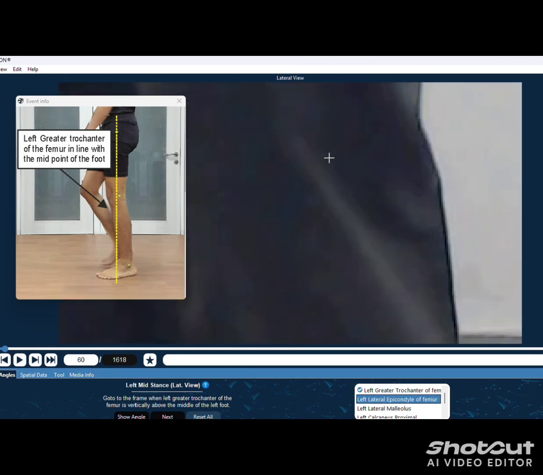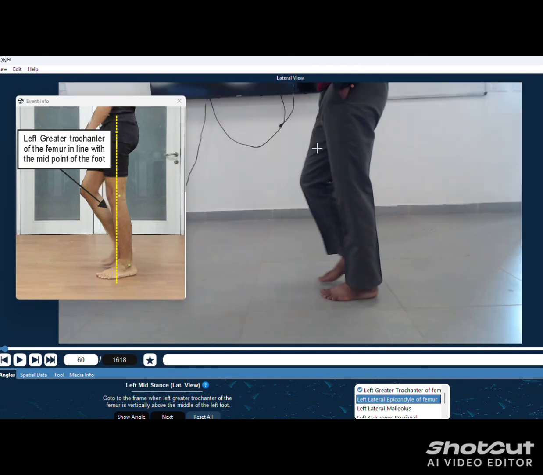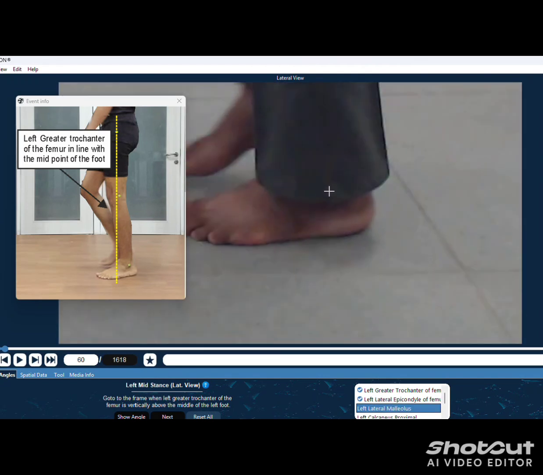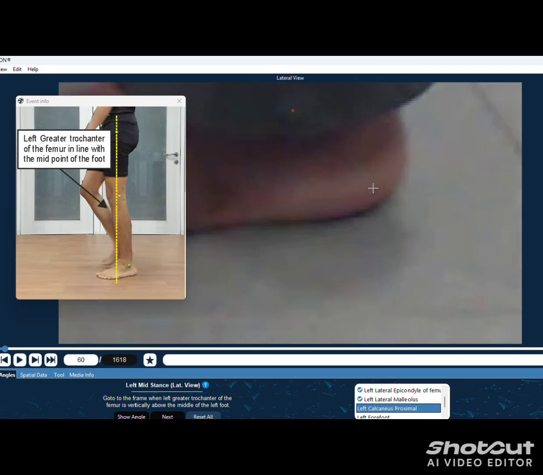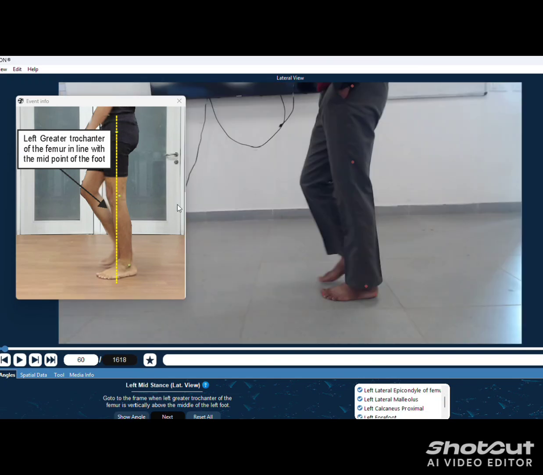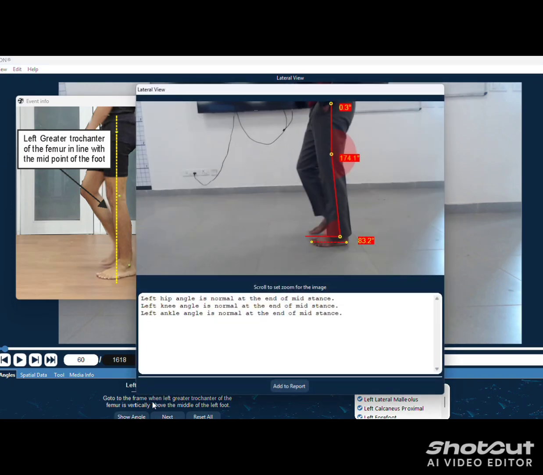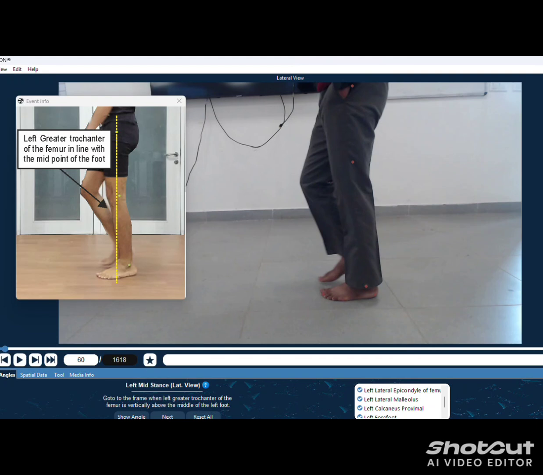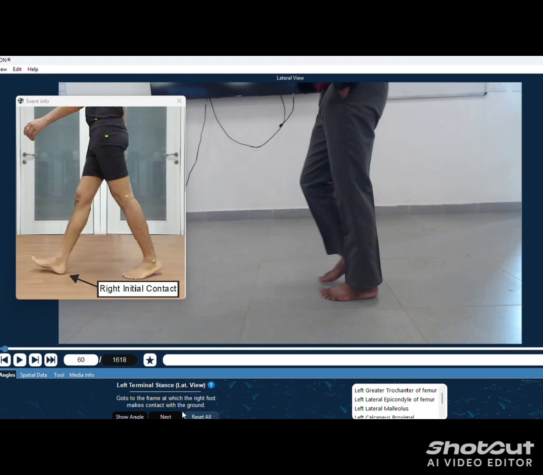Most of the names of the pointers which we placed in left lateral view or right lateral view are the same, the only difference is the gait angle. After placing all pointers, click on show angle and your result has been shown. Then click on add to report and then click on next.